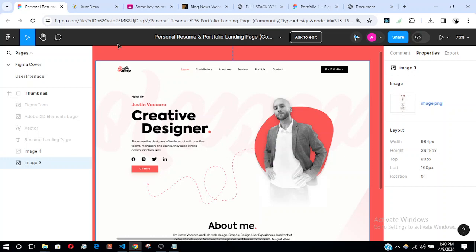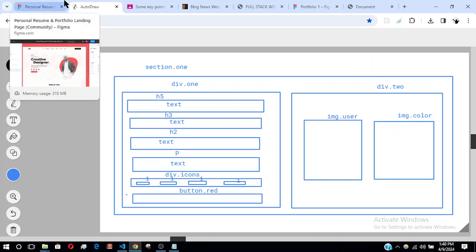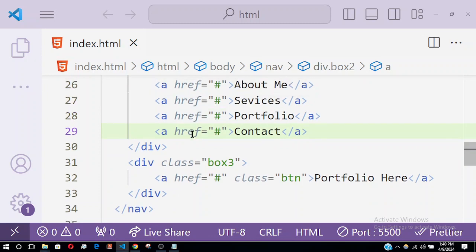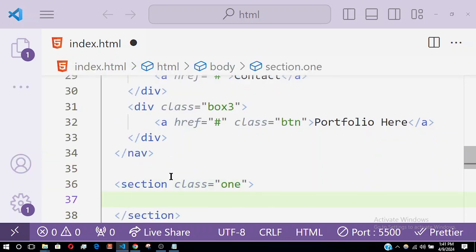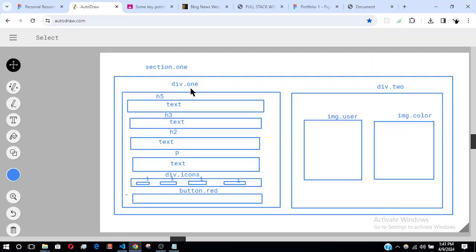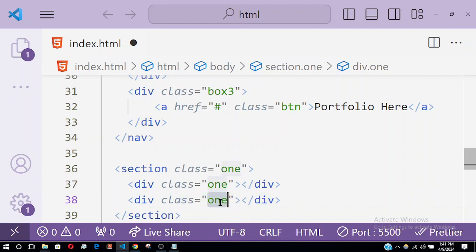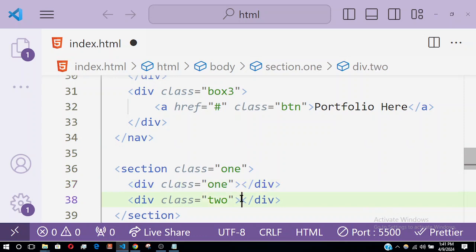So now the next step will be to convert this into HTML, and with that we'll end this section. So let's move to our VS Code. So I'll say section .1. You remember, and that's what I have here. Then I have two boxes inside. .1, shift alt arrow down. I change this to 2. Then next, let me do this last one first. I have